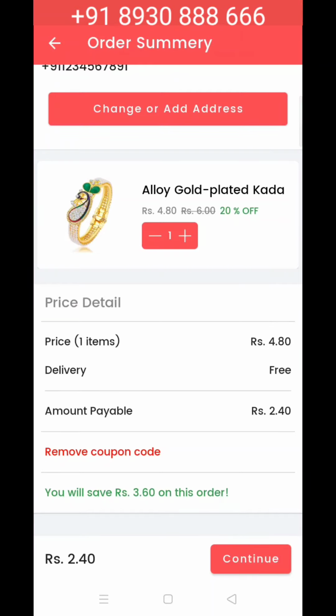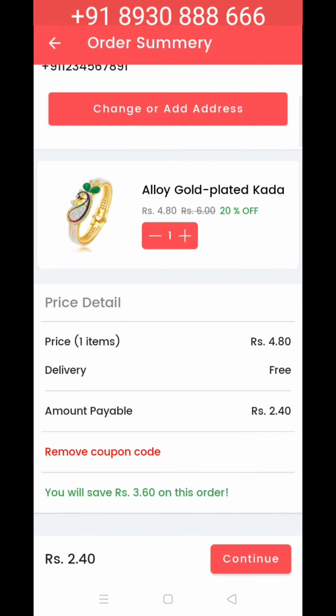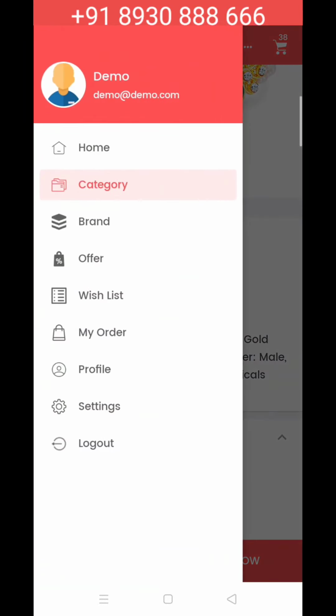Whatever type of coupon code you have applied, in the sense of amount, after you apply the coupon code procedure, you can purchase the product from different payment gateways like PayPal, Stripe, Paytm, Amazon Pay, anything else. You can pay the amount from your wallet as well.